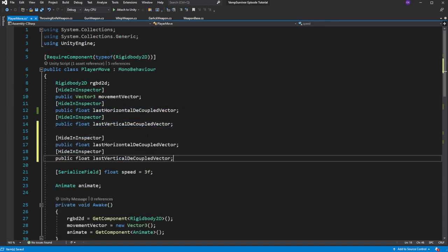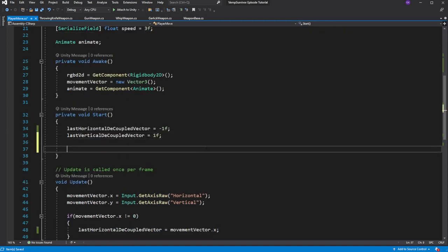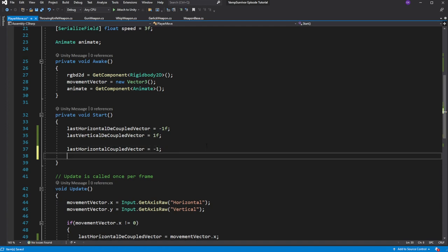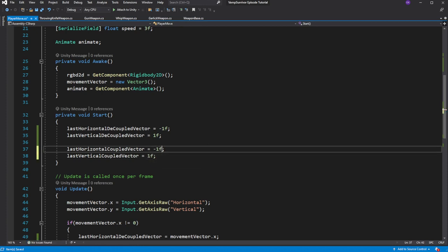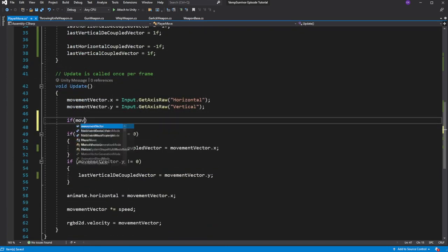And introduce two new float variables called coupled vectors. Give them a value at the start. And in the update, if we have any input of movement, we update both of those vectors at the same time.